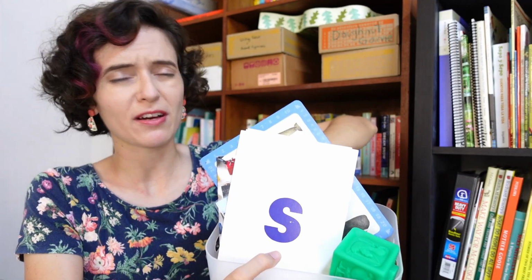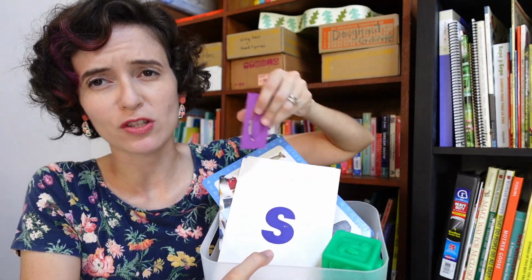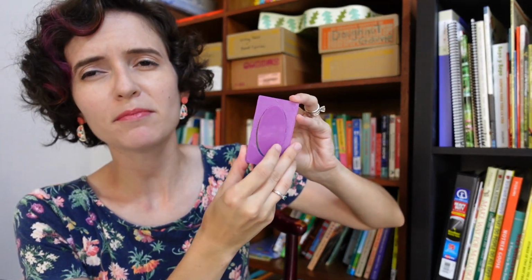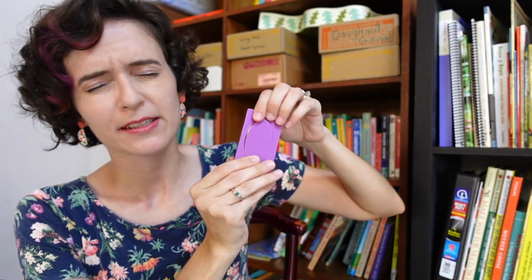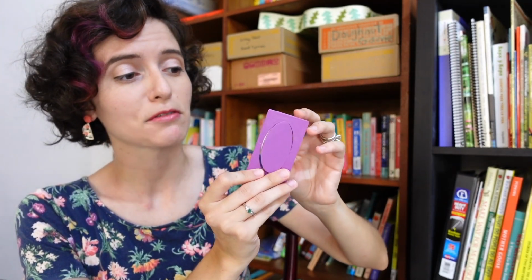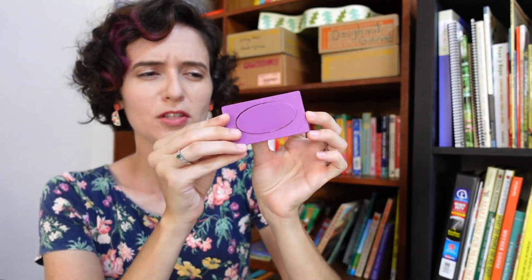If I have a shape puzzle... I didn't have one for this week's shape, which is an oval. I did have this, something that comes in the Sunlight supply kit, but since I didn't buy it, I actually had my dad 3D print me